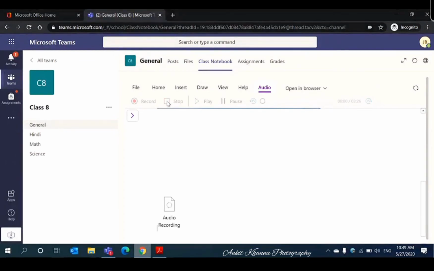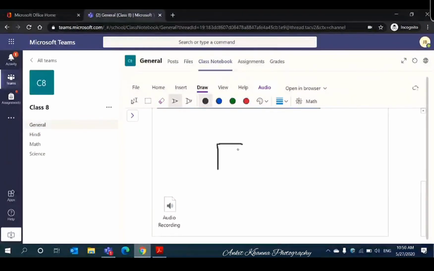So it is definitely going to help students to express themselves through their audio, through images, through drawing. They can also use draw to draw something so that they can convey their own ideas to the teacher. So I can just select this and I can draw something here. I'm just drawing something.